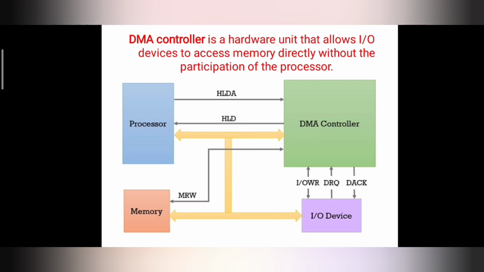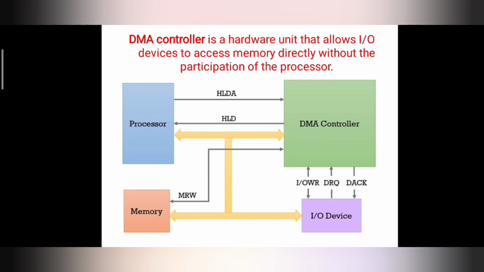Now, after receiving the hold acknowledgement from the processor, the DMA controller acknowledges the IO device by sending a signal DACK, that is device acknowledgement, that the data transfer can now be performed, and the DMA controller takes charge of the system bus and transfers the data to or from memory. When the data transfer is completely done, the DMA is going to raise an interrupt to let the CPU know that the task of data transfer is finished, and now the CPU can take control over the entire system bus again.